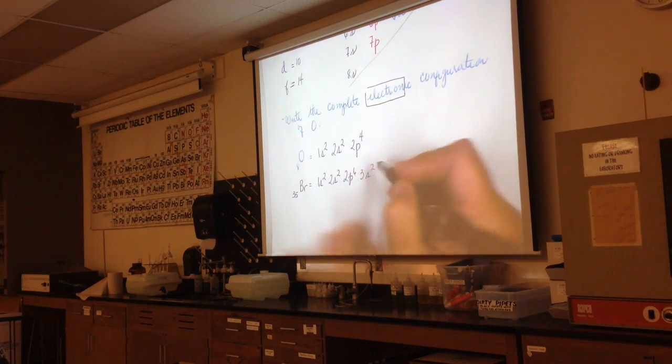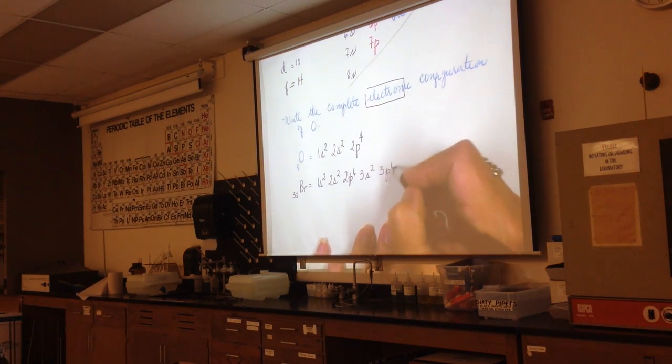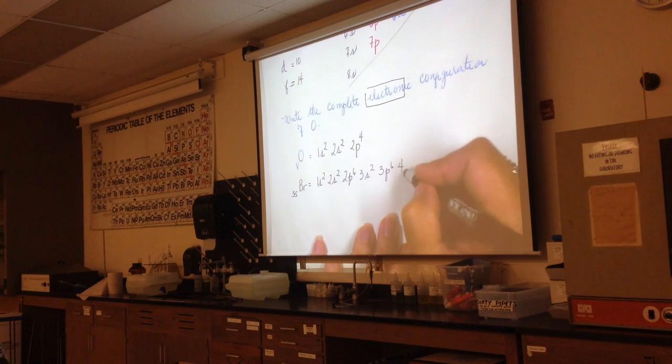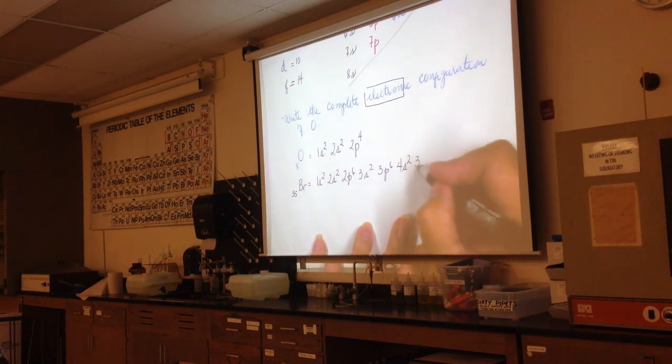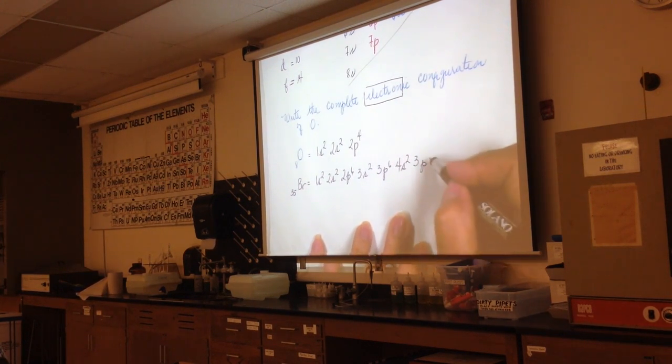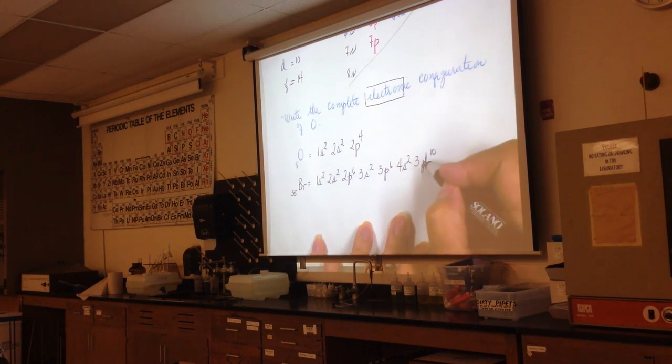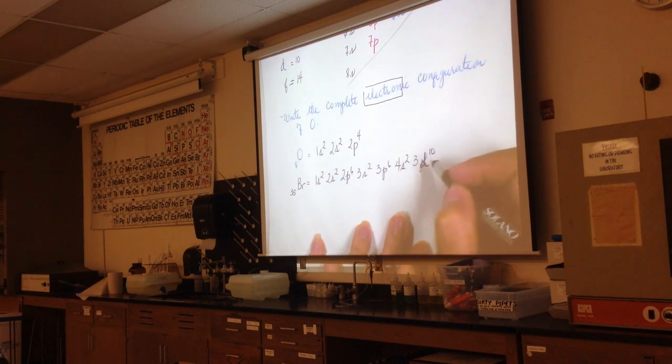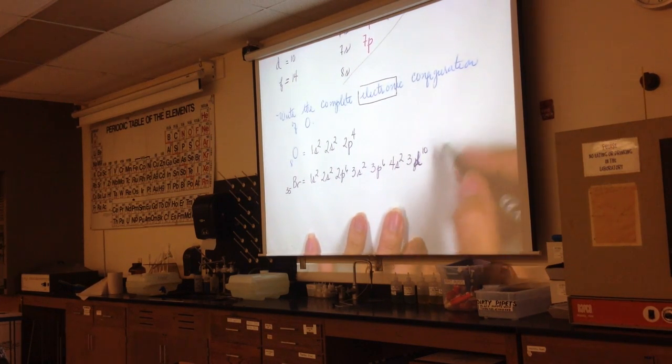4S2, 3B6, 4S2. 3 what? 3D, 10. They're telling me that the 3D definitely went bad. And then